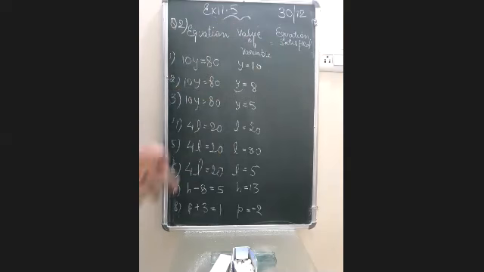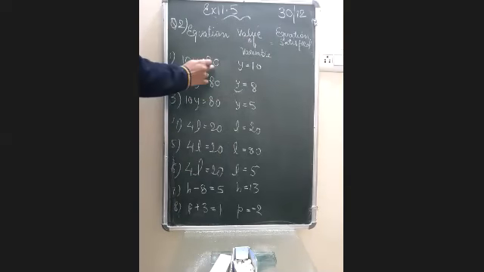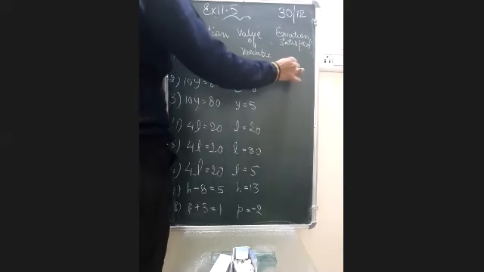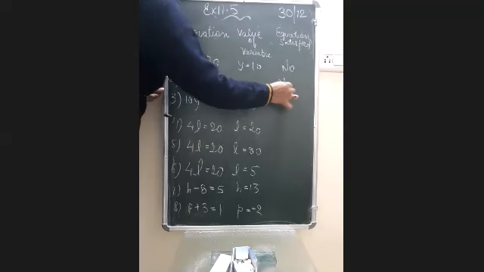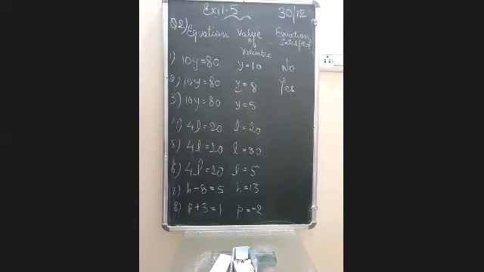So if you put y value as 10, so 10 into 10 will not give us 80. So the first answer goes as no, because 10y का मतलब होता है 10 into y. Now 10 into 8, because 10y means 10 into 8. So 10 into 8 मतलब जैसे हम y की जगह पर 8 रखेंगे, we will get 80. So it means the second answer comes as yes. ठीक है,